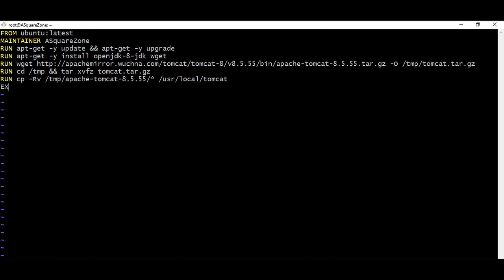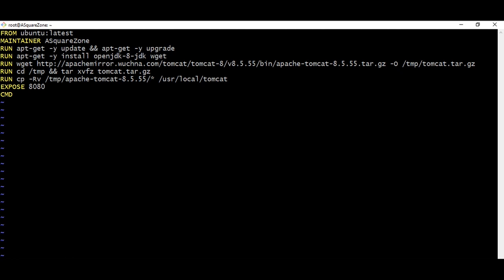And as we are running the Tomcat server, we need to expose the port number. The EXPOSE command is used to associate a specified port to enable networking between the running process inside the container and the outside world. Here outside world in the sense the host. So we need to expose the port number of the Tomcat server.